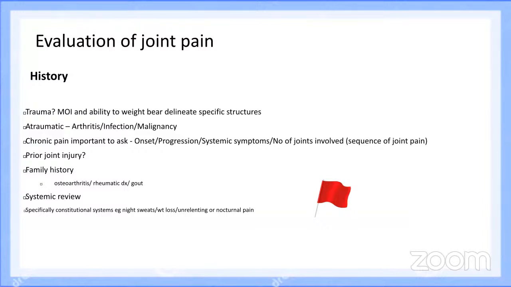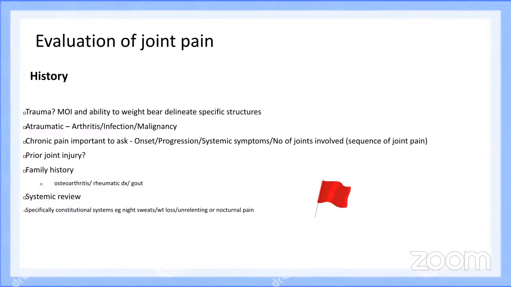For example, if it involves a number of joints, it's nice to find out which joints are involved and the progression for the sequence, which joint was first, and then questioning to find out if there was a prior injury, just to determine if this is actually an acute recurring condition, so not that it is becoming chronic. From the family history,